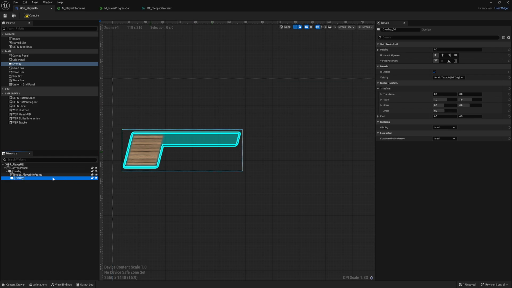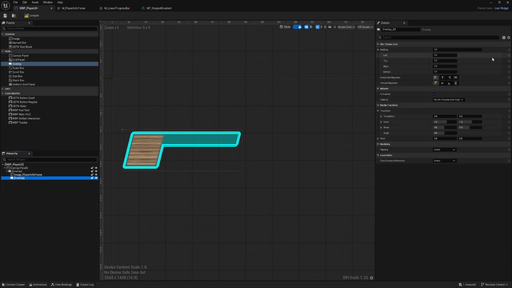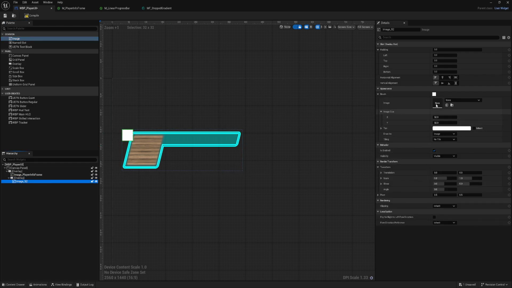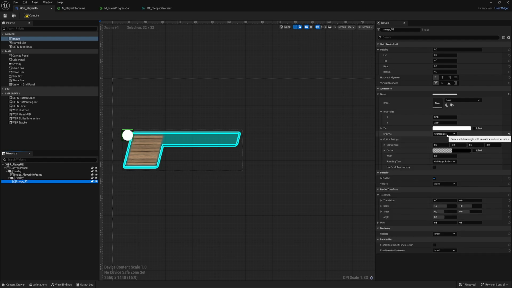So for this one, let's first add maybe something to it. So let's add background, and this will be just our border. So instead of image, I will change this to round box. And in here, fixed radius. I will set the radius of the corner 5, 5, 5, 5. Okay. Then for the color,